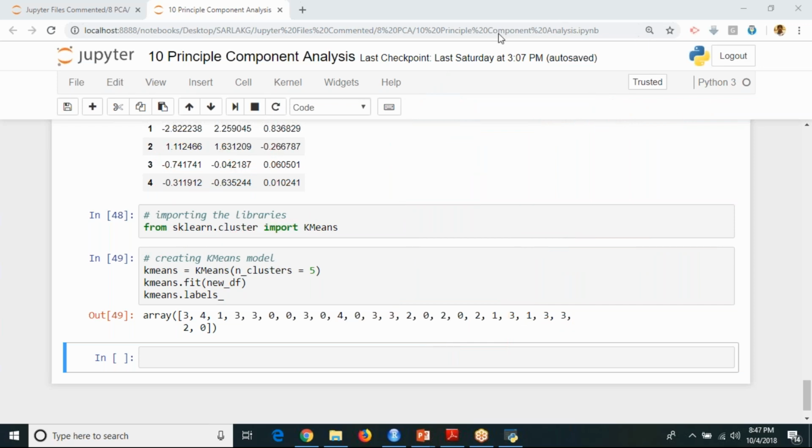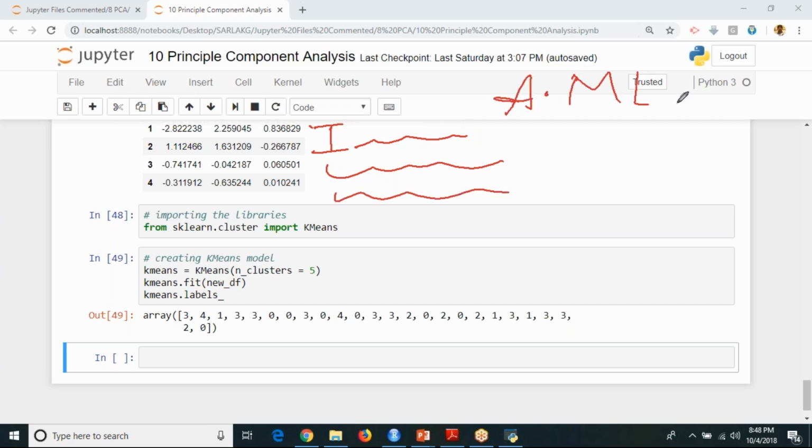Yeah, TensorFlow is also used for machine learning. That is a part of your deep learning. That is a library. What is the difference between machine learning and deep learning? Machine learning is what we are studying, all these things. Deep learning is used for your image analytics, computer vision, like your advanced analytics, advanced machine learning. That's the difference.